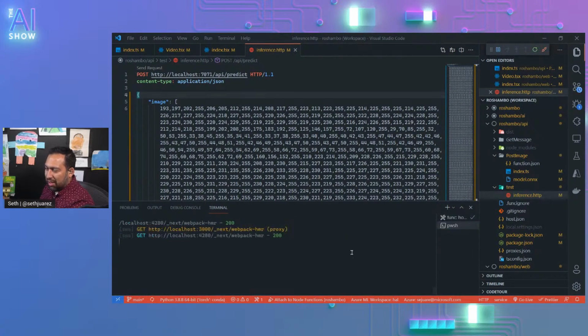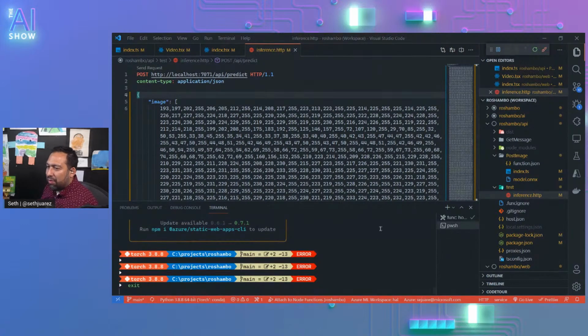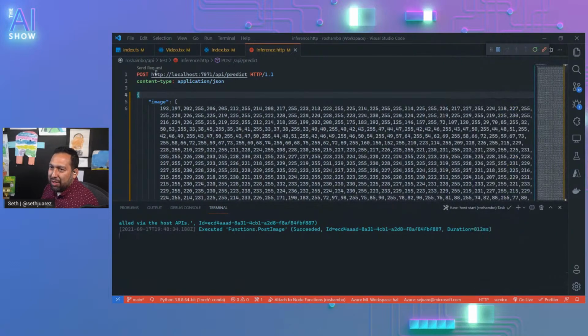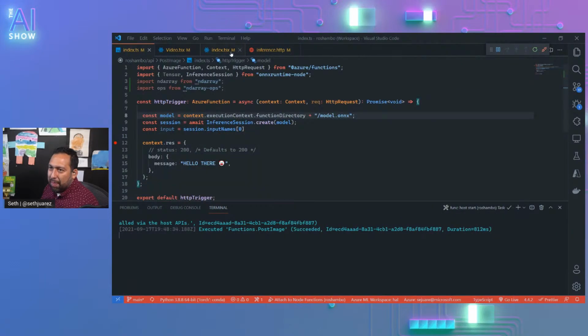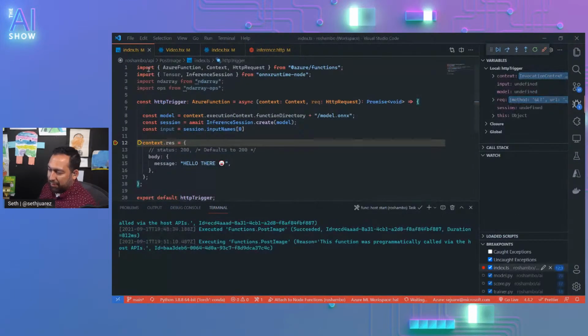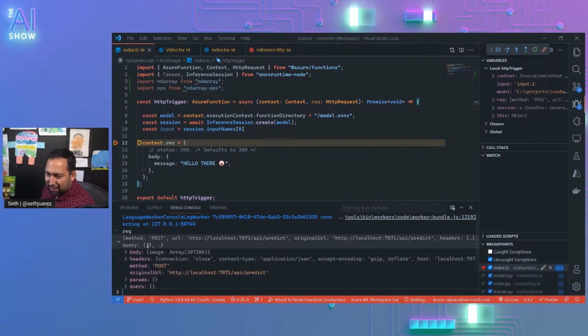Cool. This one, I can Control C out of this. And now to test things nicely, all I have to do is hit this. Like that. And then we get the request the same way that we had before, which is super nice. Super nice. So if I go to the request, I should see in there